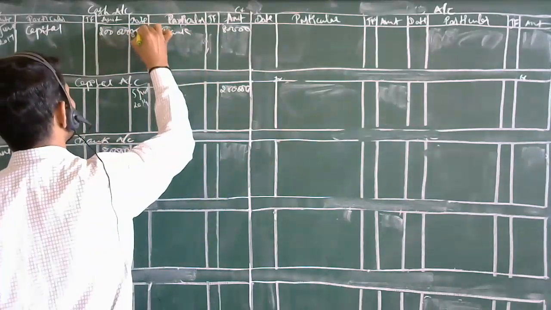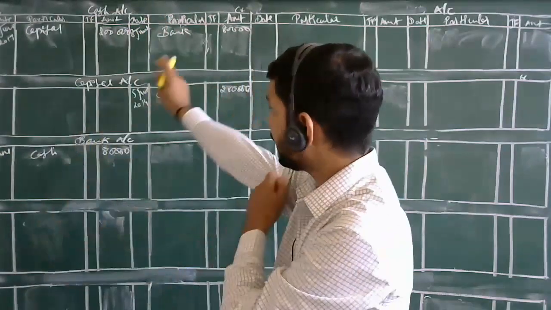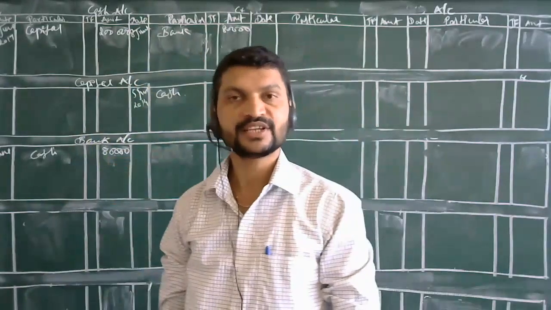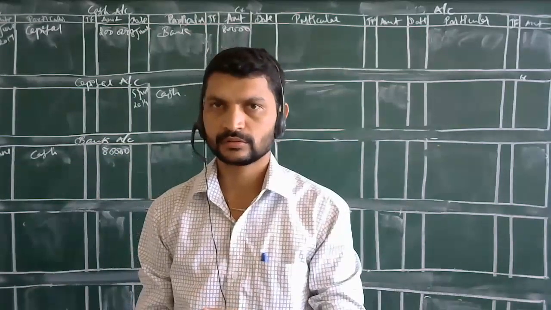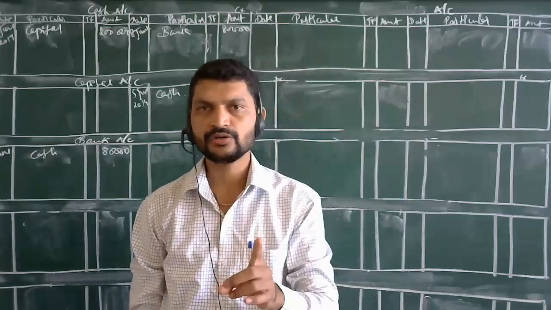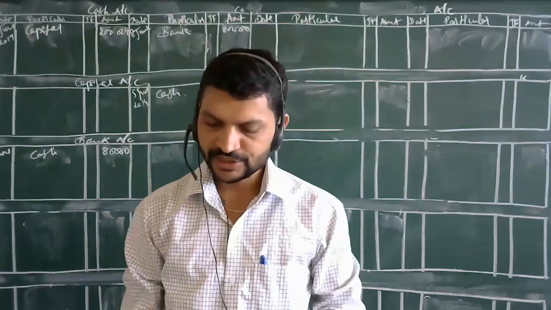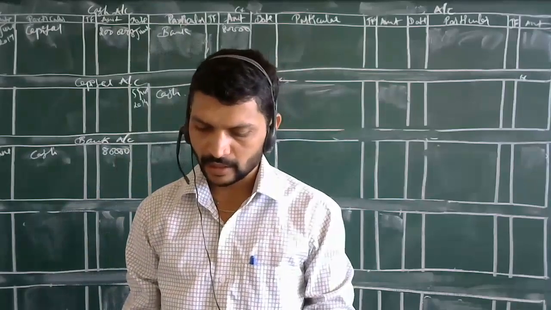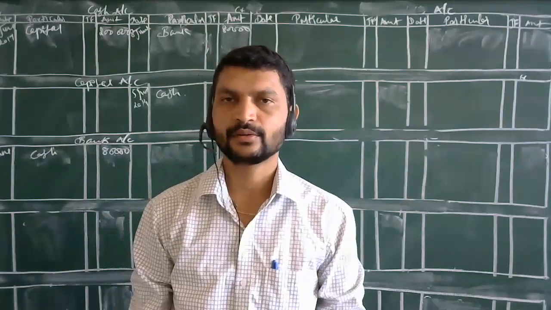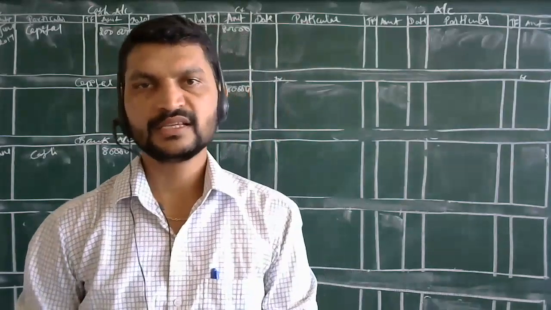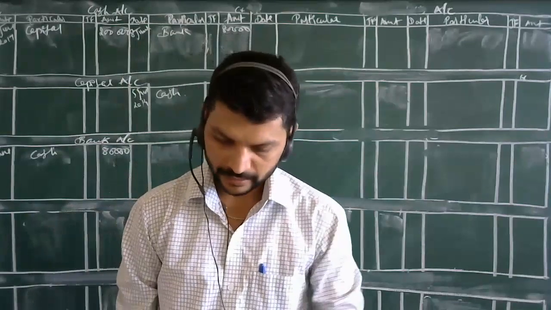Okay, this was 5th June, the opening of the business, and on the 8th of June, they have opened one account in Syndicate Bank. That is the journal entry I will tell you. Bank account debit to cash account. Write down the journal entry, bank account debit to cash account. Narration: opened a current account in Syndicate Bank. They have opened an account in Syndicate Bank. That is the second point.